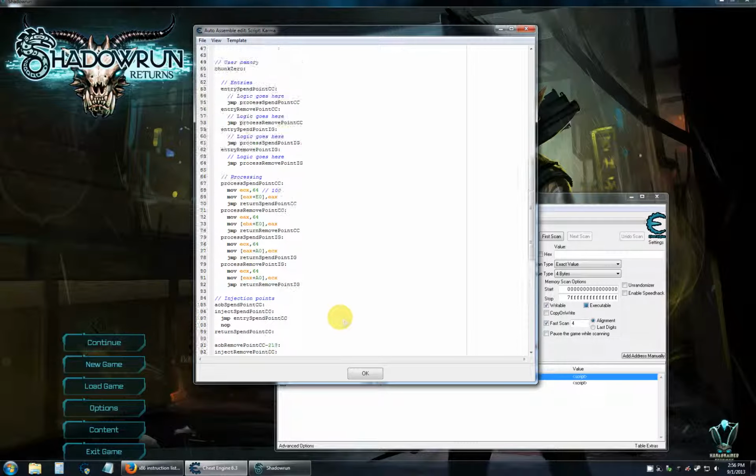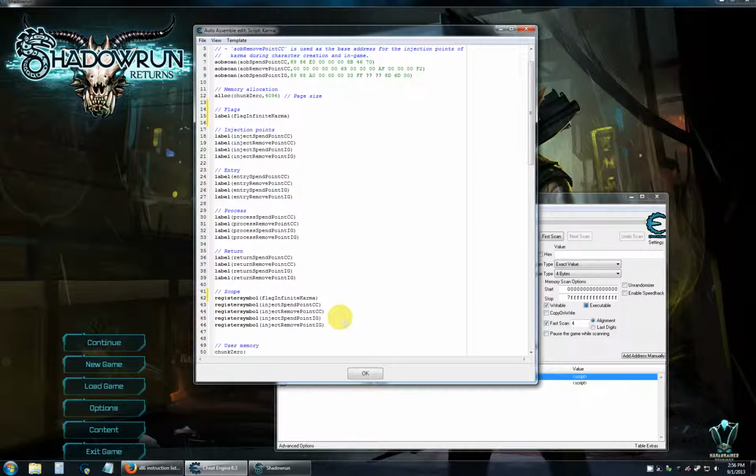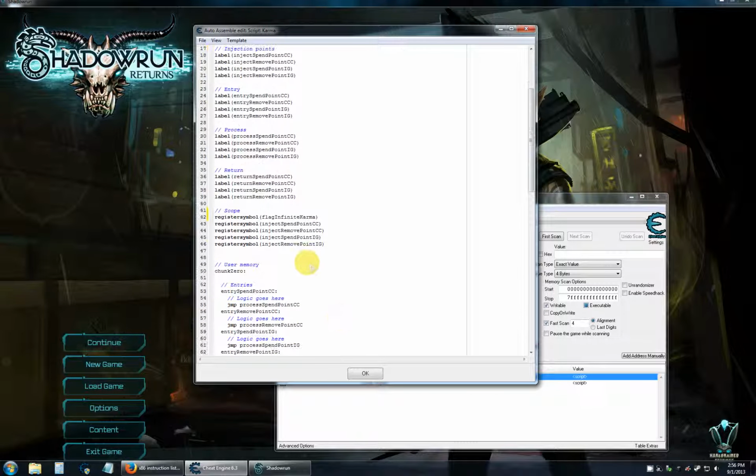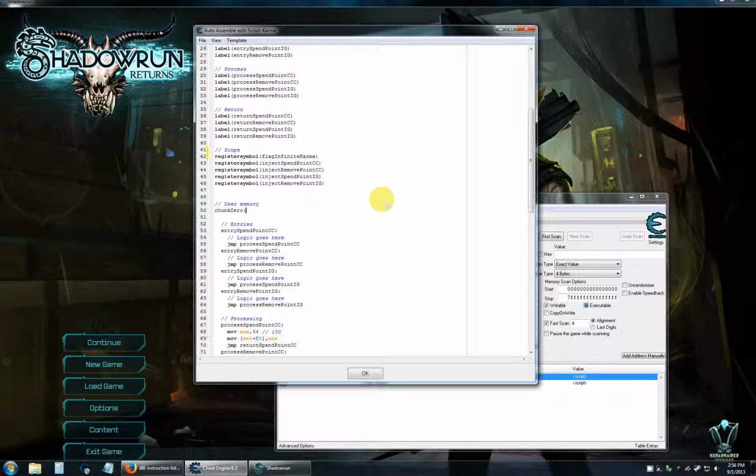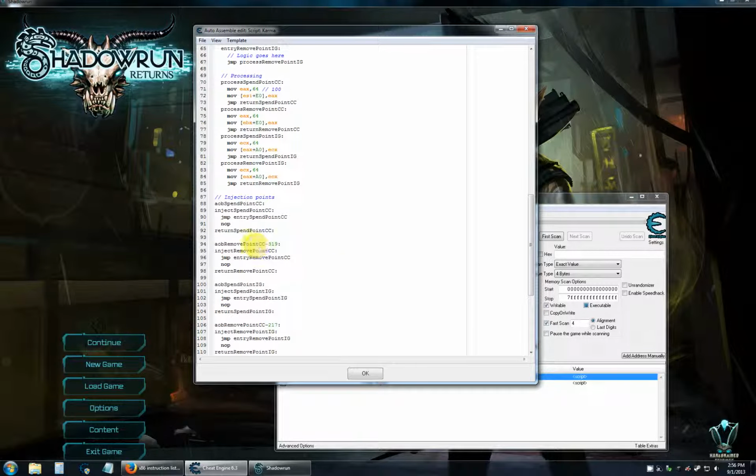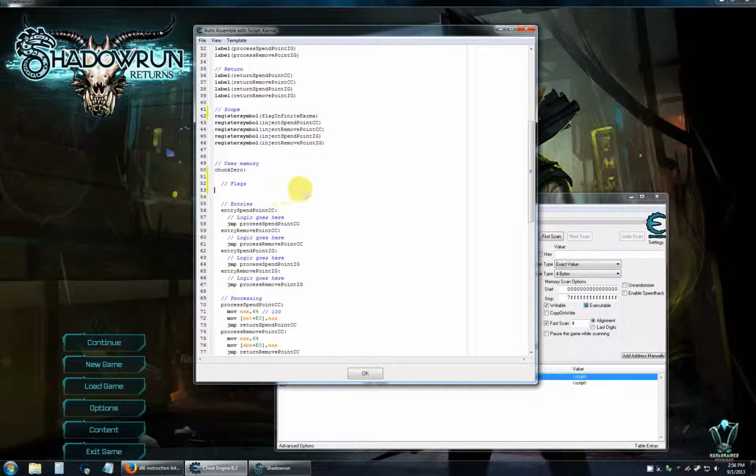All right. So how do we allocate space for this? The way that it is done, as we talked about, is that when labels are declared in sequential order, like chunk 0 is some address in memory, and then just like with AOB scans and injection points, AOB spawn point is some address, and then we're declaring a label immediately after it, and it is just going to assume the value of that. So what we're going to do is associate some series of instructions with flag infinite karma,